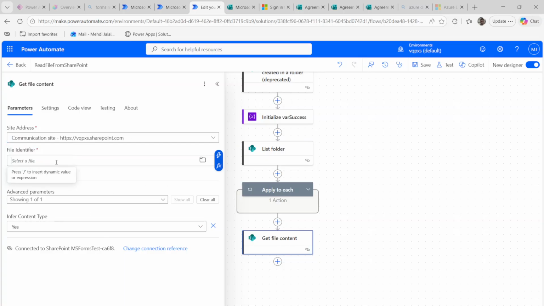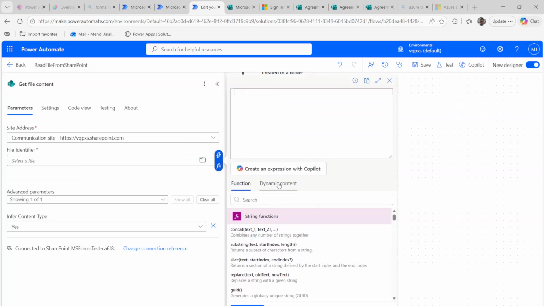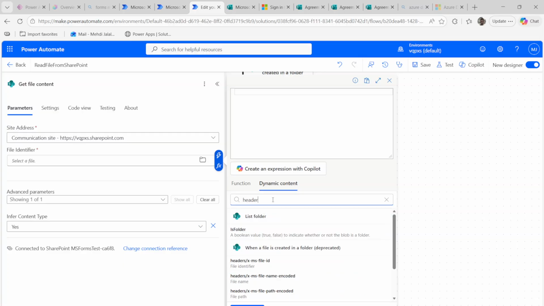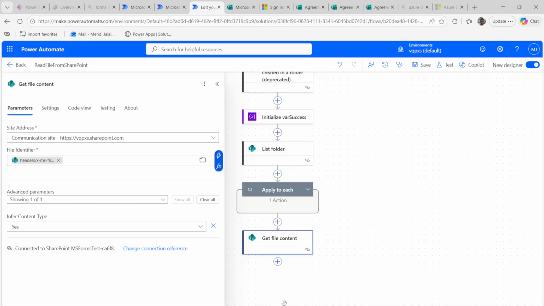Give the address and then the file identifier, we give it the file ID. The file identifier. So we give that, and then